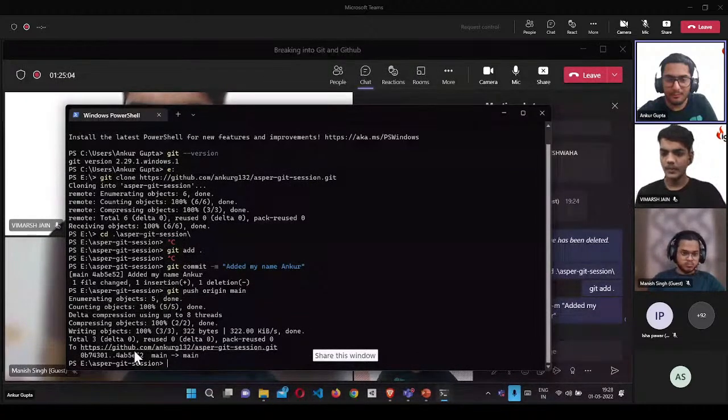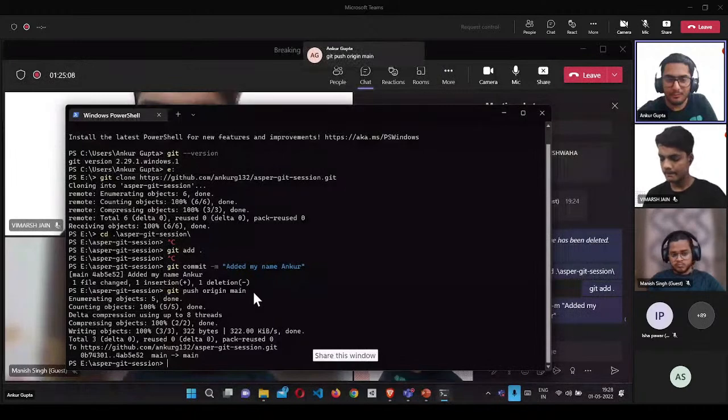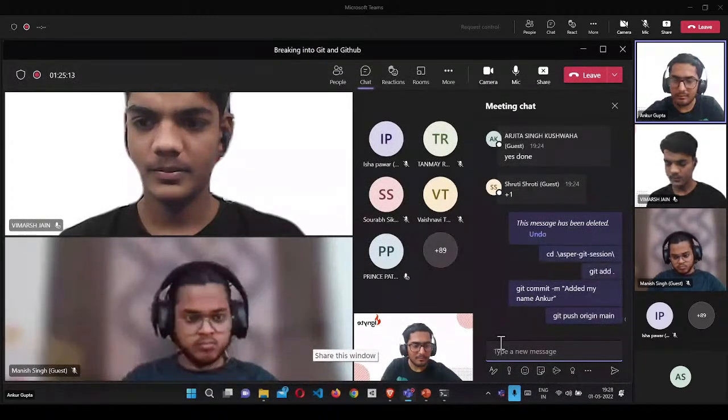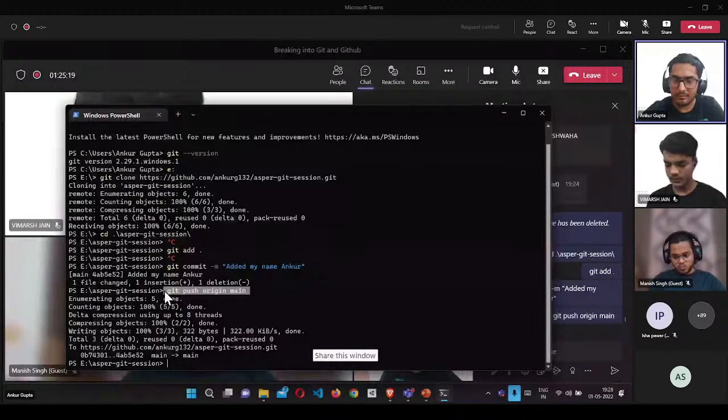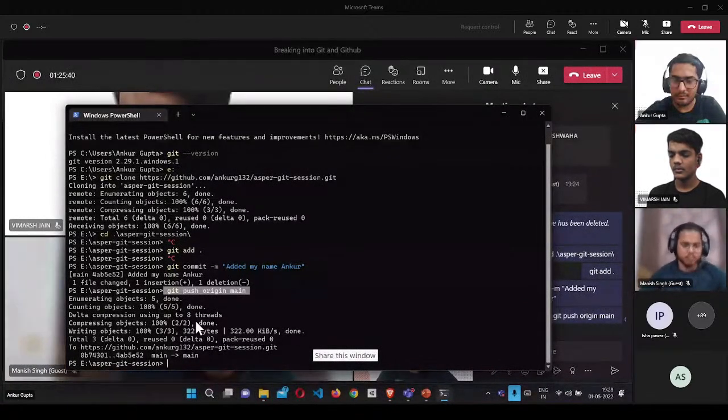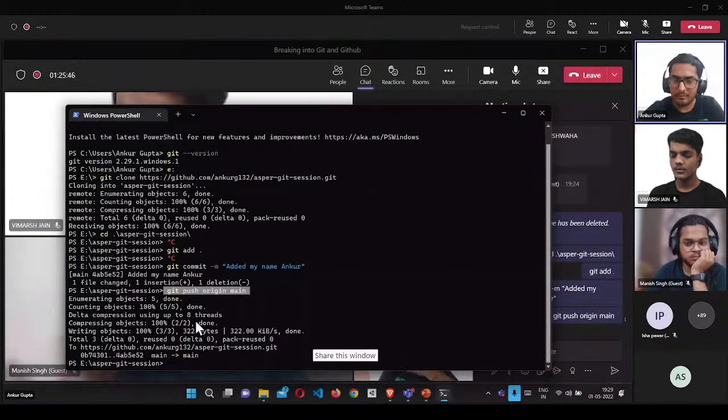So here's the next command that you need to write. Probably if you haven't signed in till now, in executing this command, there will be something that says you need to sign in to perform this action, or you may need to write your GitHub username and GitHub password. So that is one step that you may need to do if you are doing this for the first time. If you have already made a pull request before, you don't need to do any of it. It will work just like you are seeing right now on my screen. So yeah, these are just four commands that you need to write in your command prompt.